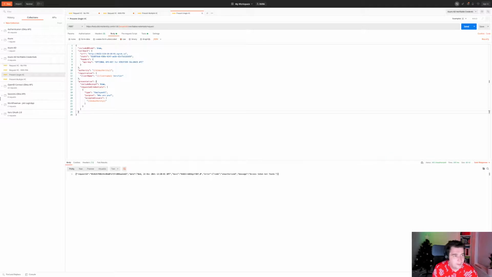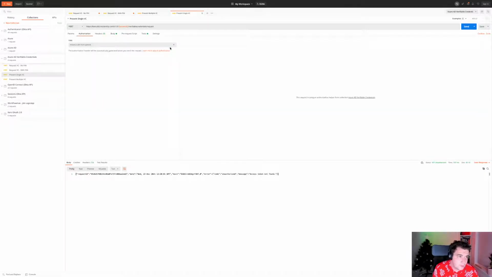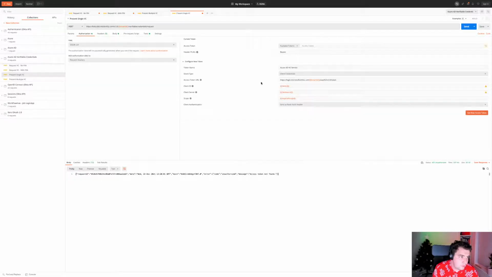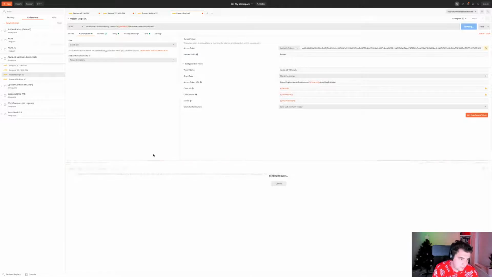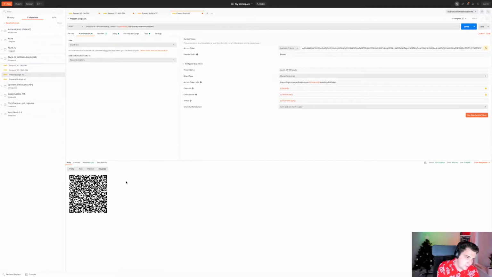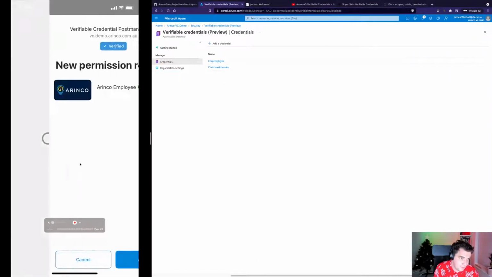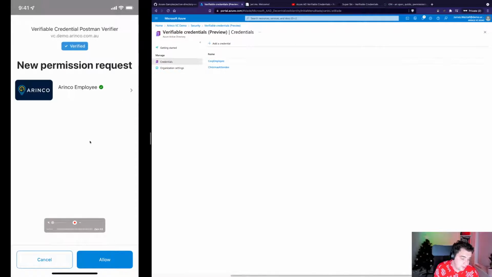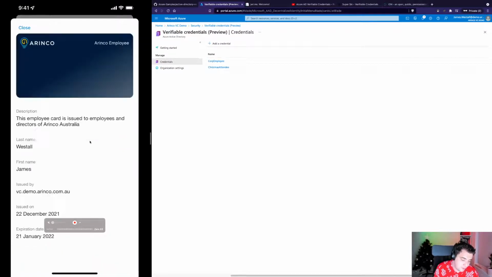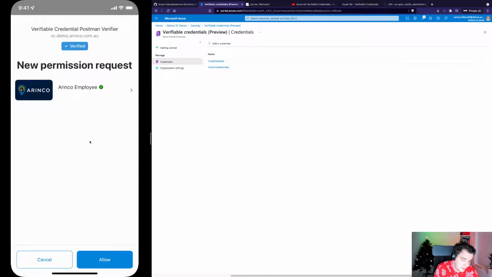I can click send. I need an access token. I can click that one, send. That should work now. Yep. I can click visualize, and again, if I go back, I've got a QR code, so I can scan that QR code on my phone. And if I go back to my mobile app, which is on the other screen, you can see that I have a request now for using my employee identifier, which is that Rinco employee one.